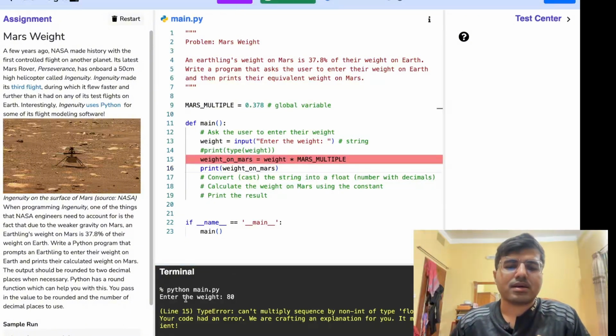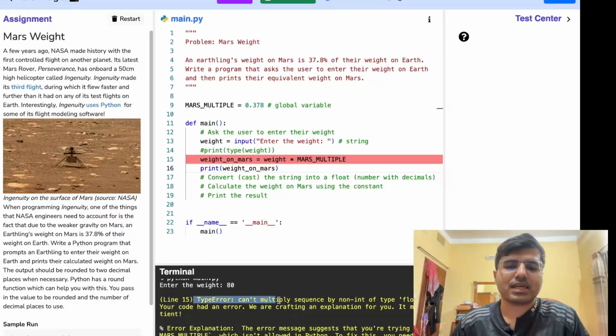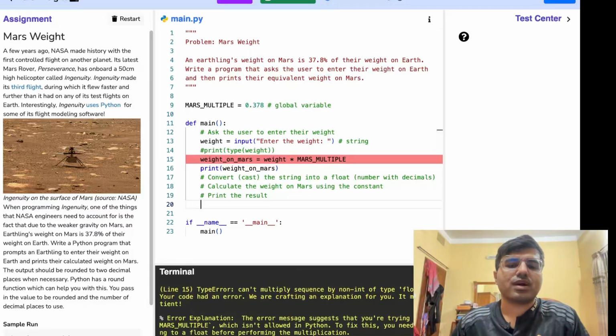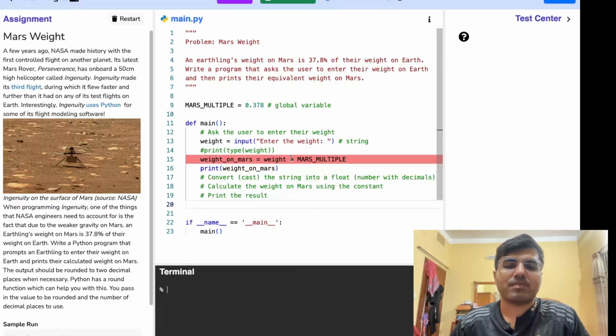Now let's see, if I enter my weight 80, it is saying type error, because this weight is actually a string, but the program is expecting it as a float. To run this program successfully, first of all we have to do typecasting. This word is important: typecasting.